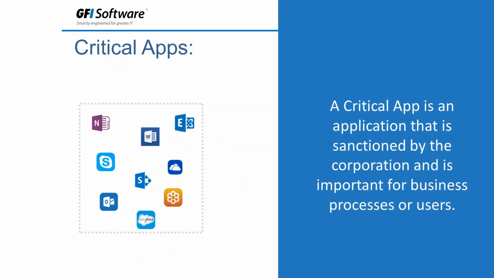So when I say critical business applications, what do I really mean by that? Well, you could say that a critical app is mainly an application that is sanctioned by the corporation and is important for business processes or users. But what does that really mean? Well, it's user-defined, it's corporation-defined. In a lot of cases, as you see here in this example, we have Word, Skype for Business, Salesforce, GoToMeeting. However, depending upon the business, these may not be as critical as, say,